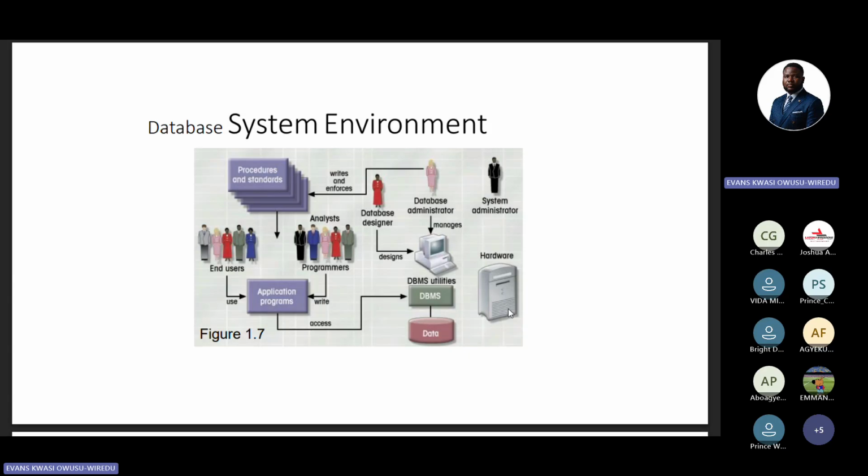Database system environment. So how does the environment look? I mentioned the database designer, I mentioned the database administrator, I mentioned what? The administrator and the programmers, yes. So what do they do? And what do the designers do? The designers also sit on computers, just like the administrators. You get it? Nowadays, it's even combined. You can have someone who is a programmer with the various languages in database management systems, and then also be an admin, and then also combine as a designer.